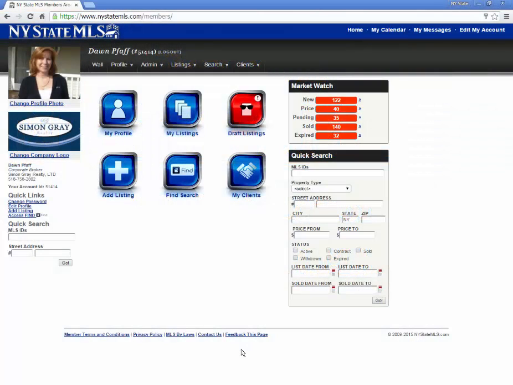All right, welcome to the New York State MLS. This is a lesson on how to create a CMA, which is a comparative market analysis, inside New York State MLS. Once you're logged into New York State MLS, the first thing you want to do is create a new